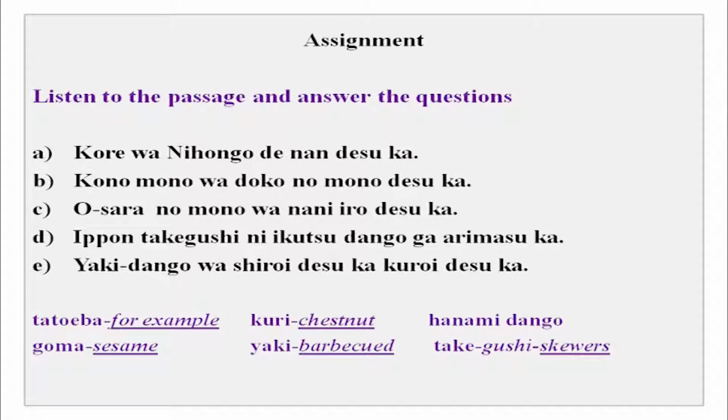So, well, this is a small listening comprehension. So, please listen to it carefully and then answer the questions given over here. The new words used in the comprehension listening passage are listed over here with the meanings, which will help you answer these questions, and whatever you are not able to answer, find difficult, we will do it in our next lesson. So, well, now you can practice at home, and till our next lesson.